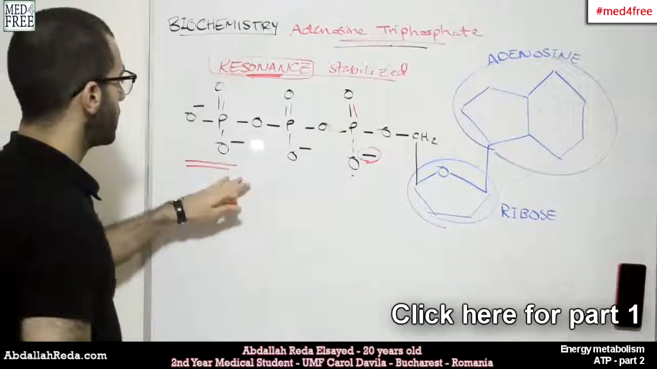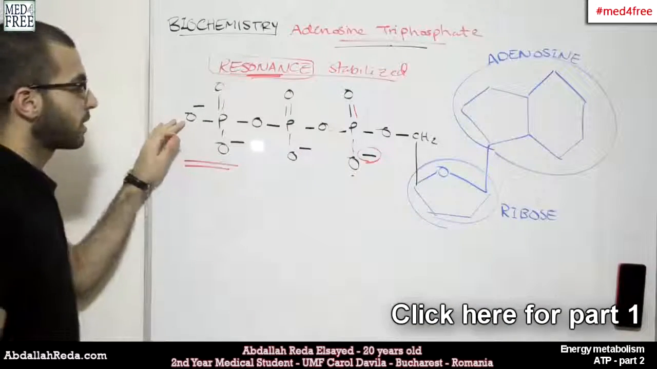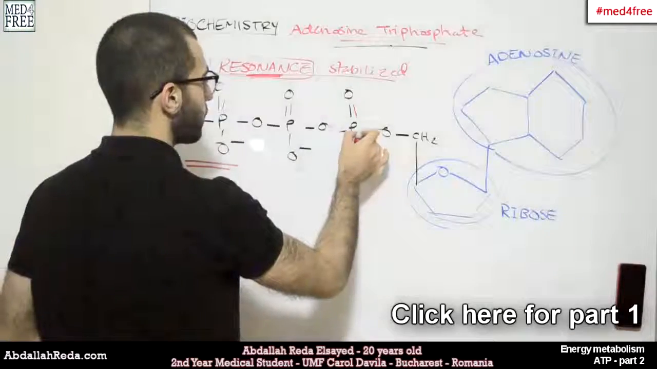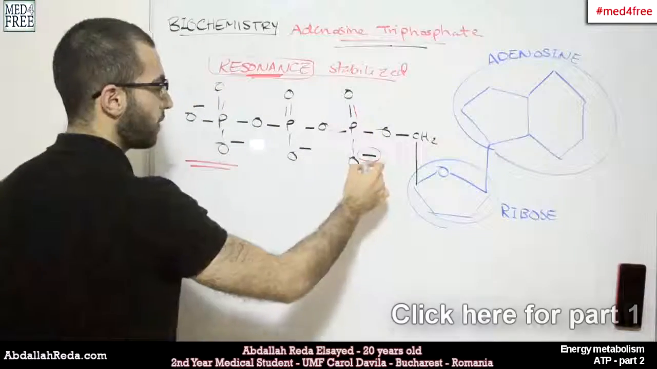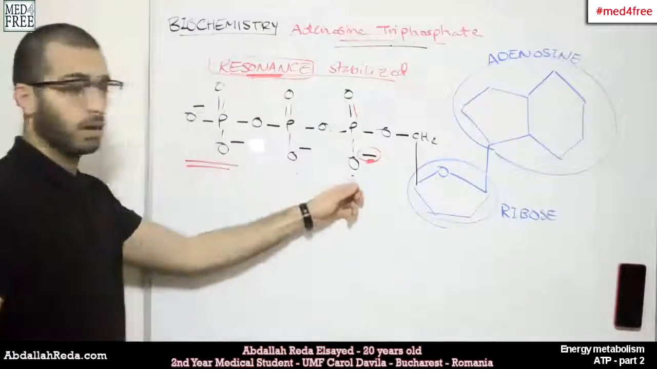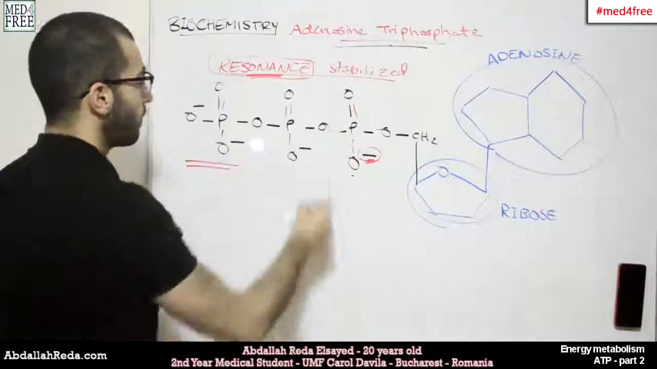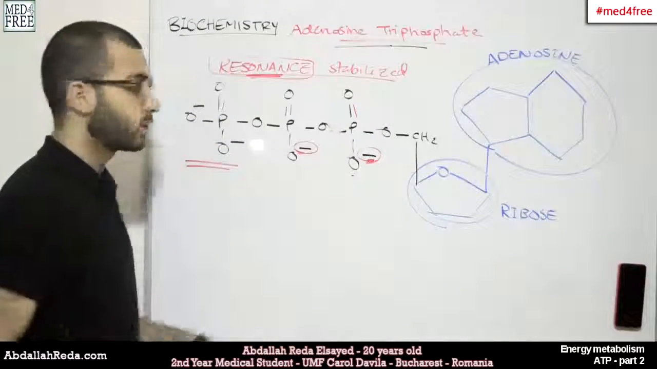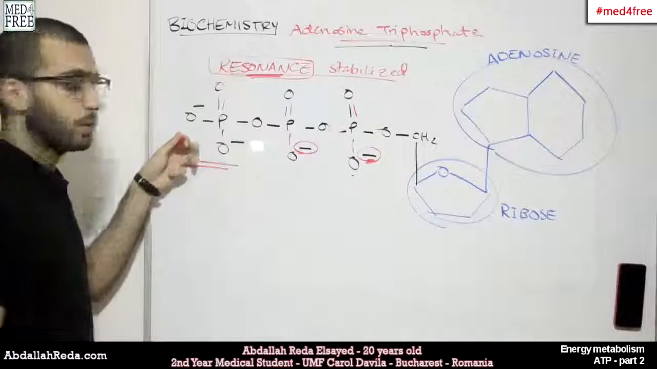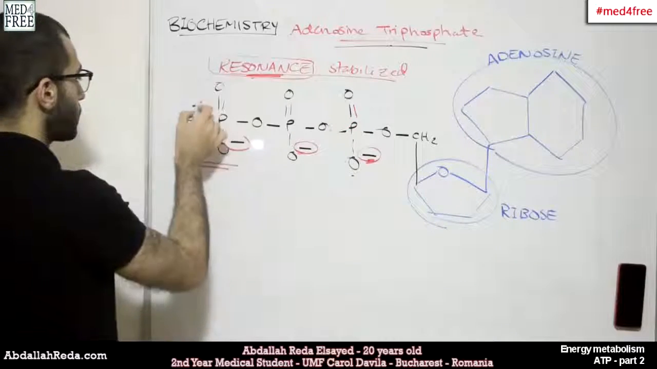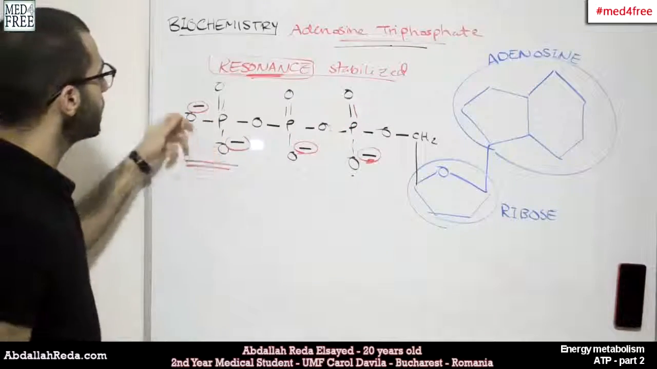Here, though, we can notice that there are two negative charges. So for the first phosphoric acid group, we have one negative charge on one oxygen. For the second one, we have only one negative charge. But for the last one, we have two negative charges. So this